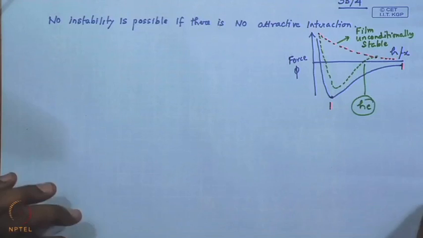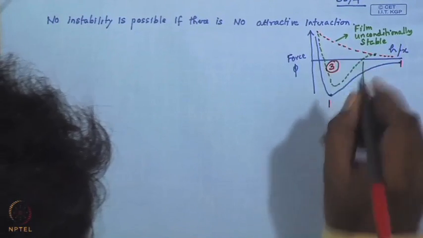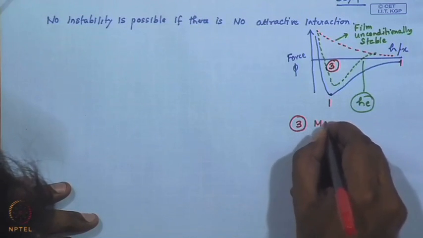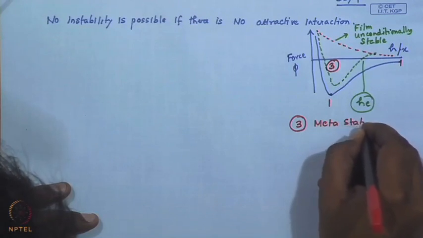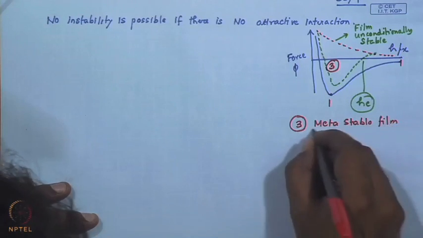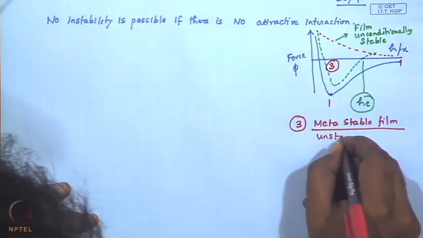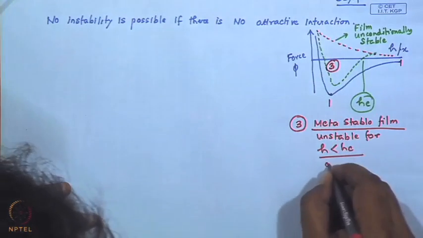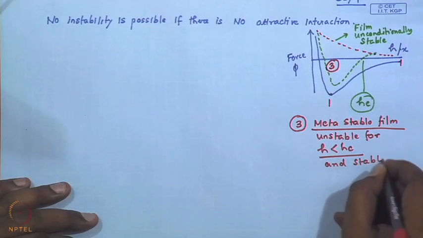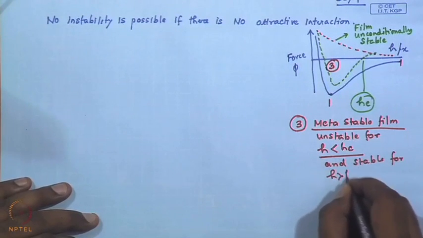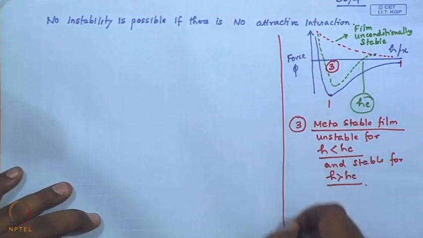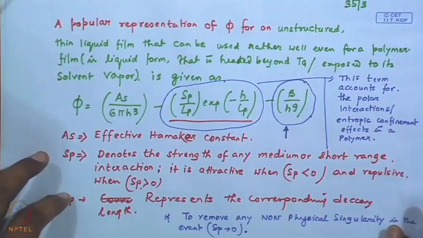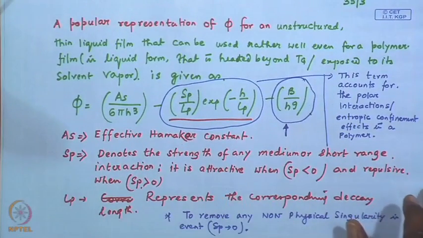So the third curve represents the curve of a metastable film, which is unstable for h less than hc and stable for h greater than hc. Okay. So, this is some bit of understanding that we need to have about the expression of the potential,